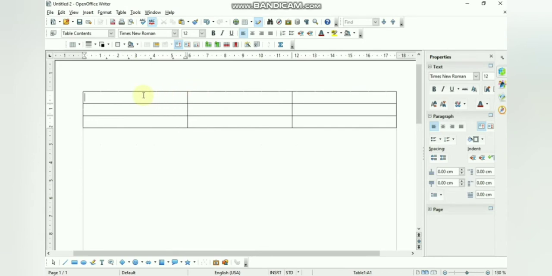Then if I want to move up one row, I can press the up arrow key, and if I want to move down one row, I can press the down arrow key. As you can see here, the cursor will accordingly move.